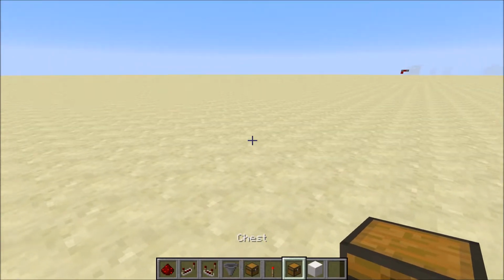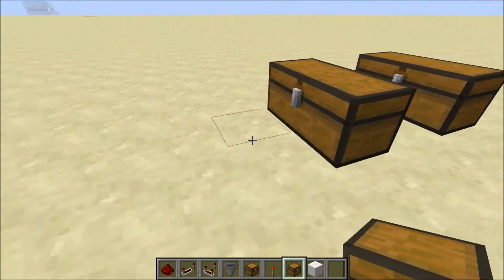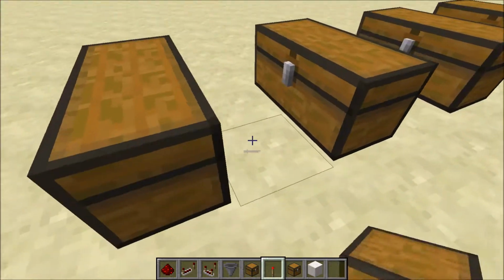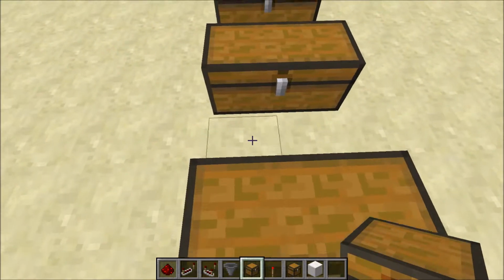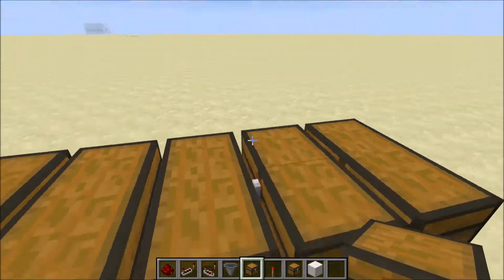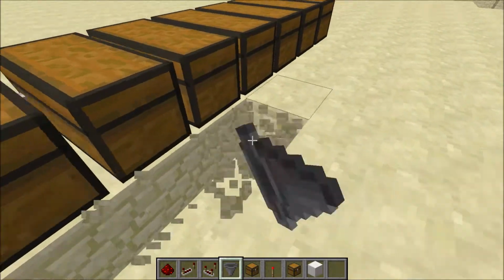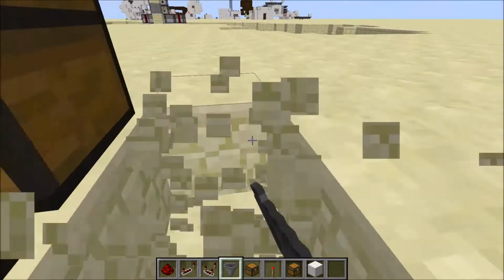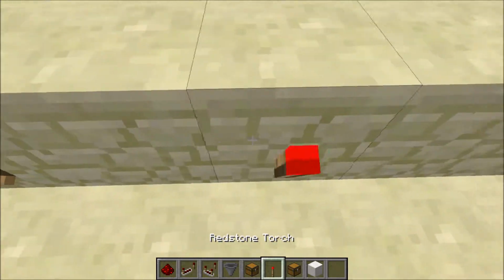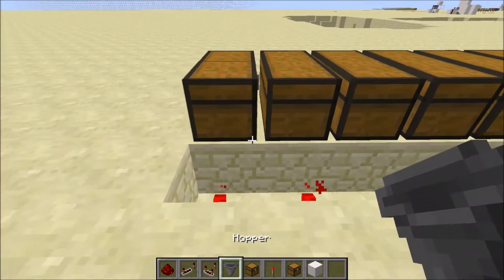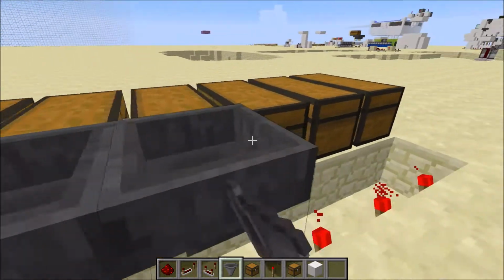So to start out, you're going to want to put some rows of chests every other block, and then trapped chests in between them so that they'll be able to go next to each other. And then come around to the back, dig out these blocks here, and put redstone torches underneath all of them. Then hoppers facing into